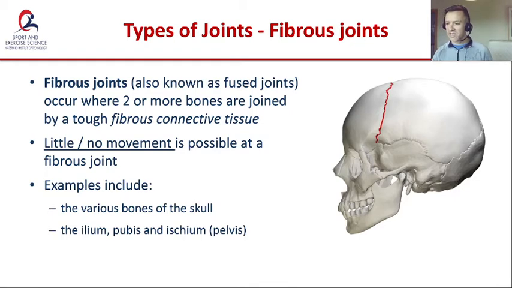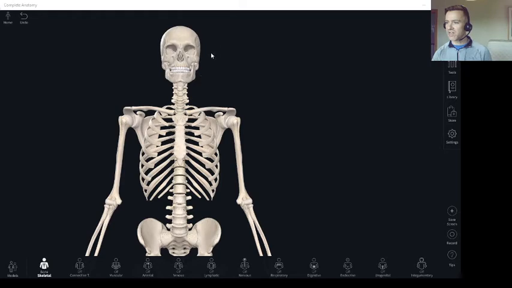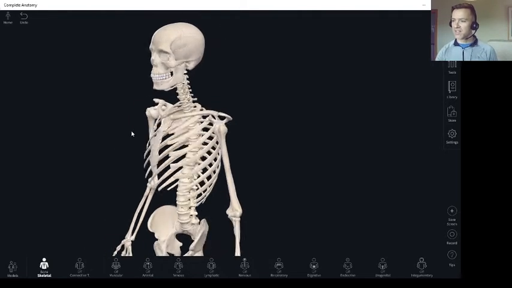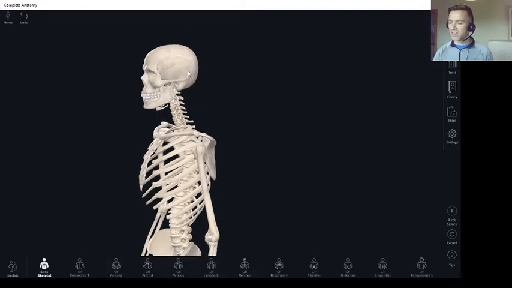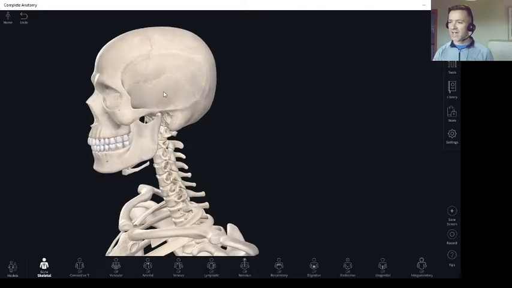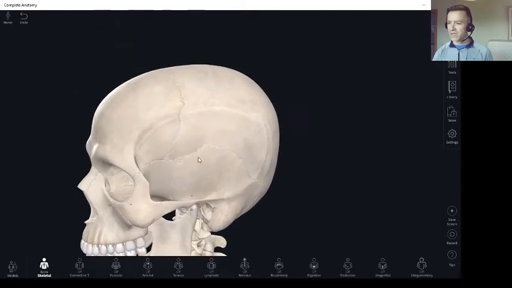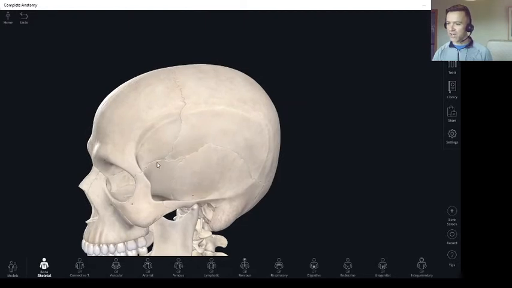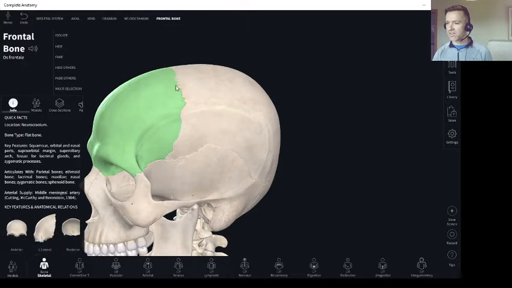So let's just take a quick look. I'm going to switch over to our different screen here and look at our skeleton. So looking at the skeleton there, we've zoomed in on this guy before. If we look at the skull, what we can see there are all these suture lines around the skull. So if I select the frontal bone there, I can see a little bit more clearly this suture where the frontal bone has fused to the